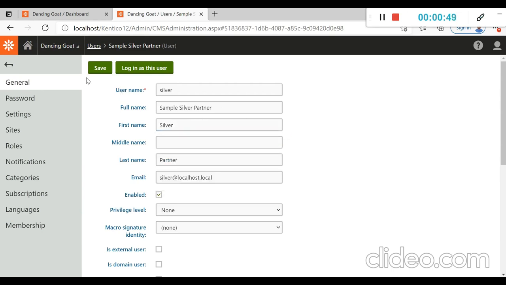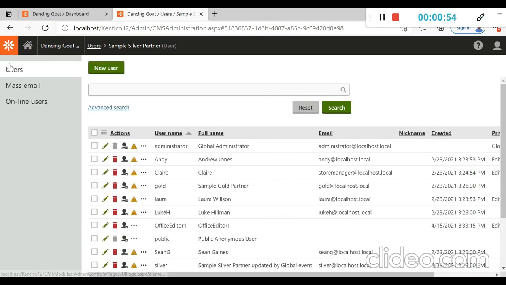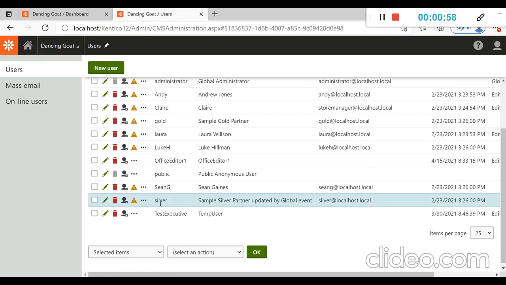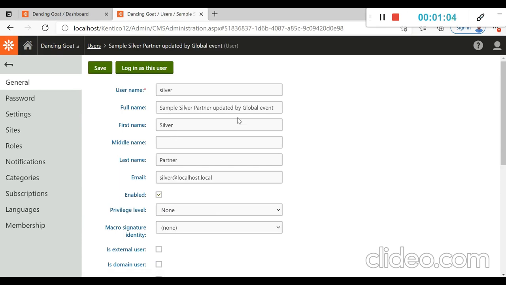Let's save this and go back. You can see in our user, it says updated by global event. So our global event is working, and the event handler has updated the sample user here.